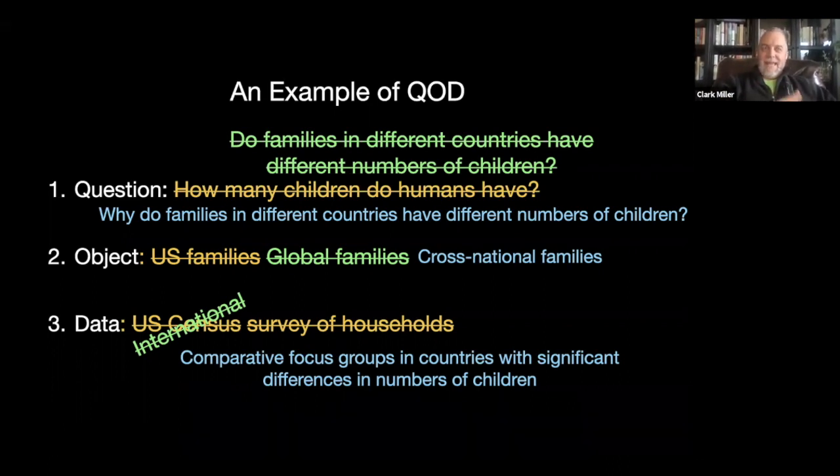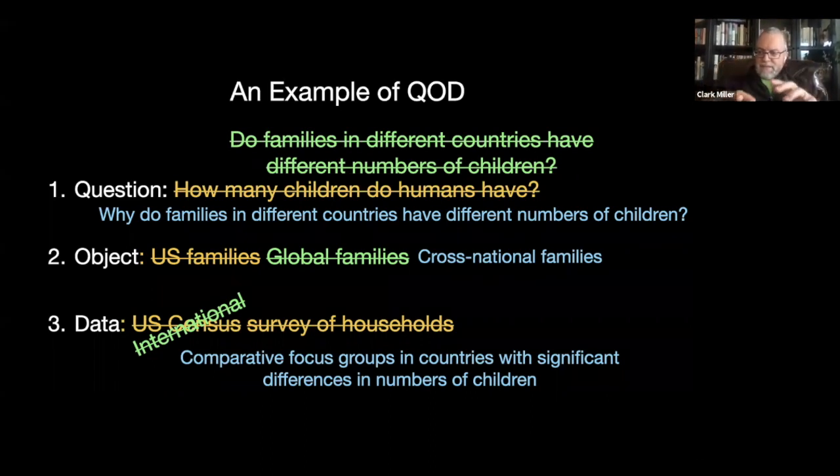Those are different than average families globally. So we need a different object of study, and we need a different method. So maybe, for example, we could do focus groups. Focus groups are where you get a group of people together in a room and you have a dialogue with the group, and the group stimulates each other, and you can ask questions and get follow-ups and dig into meaning and the values that people have and the choices that they make, right?